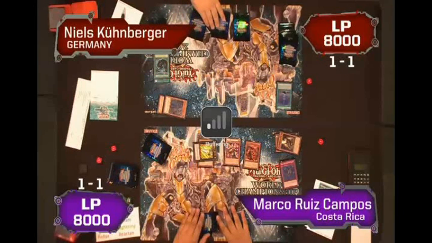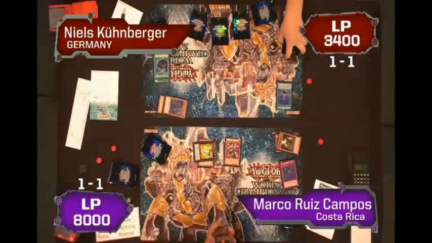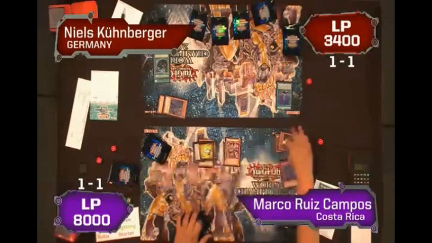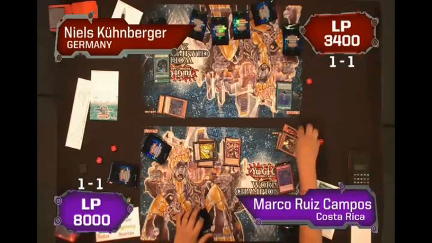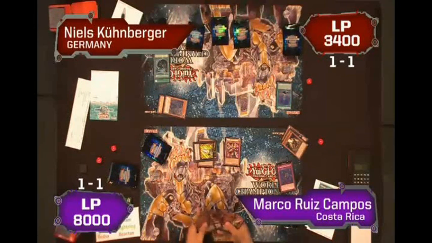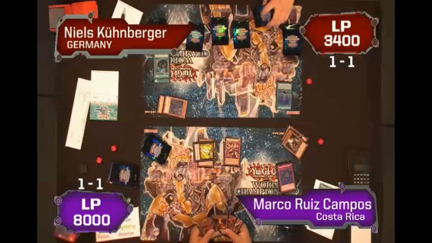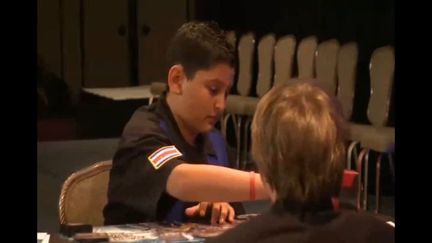It looks like all Kuhnberger's got for this is another face down card and Blaster back to the hand. And it really looks like Ruiz has taken control of this duel. Yep. Took control of that Kaiku and took the game right with it. And that was his Blaster that he banished with Gold Sarcophagus back on the first turn of the duel. So now he's got a pair of Blasters in his hand, and he's discarding one of them along with a burner